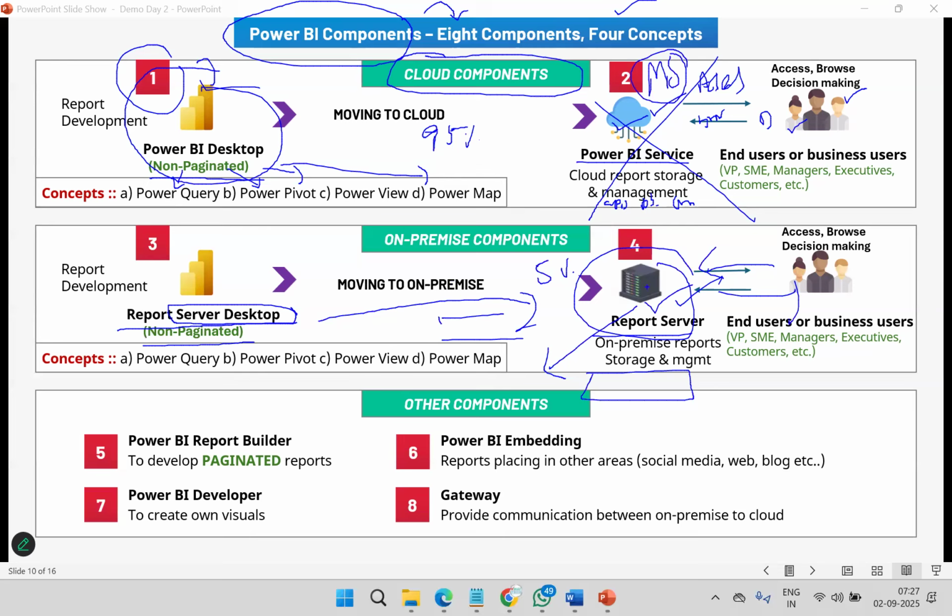Yes, our students recently learned from those locations with a requirement of report server. They asked me, sir, will you teach report server? Because my company is not using cloud. So we need only report server installation, report server practice. Our reporting is also suitable for report server. So I took a batch for those people.